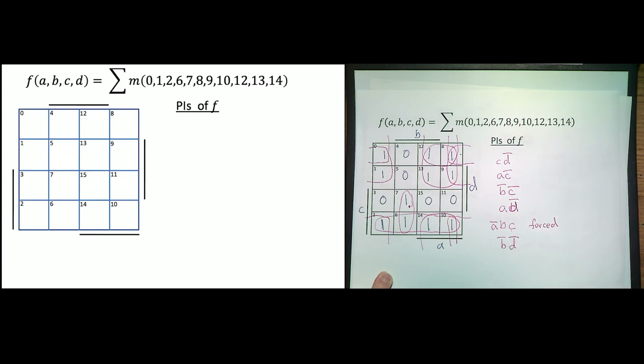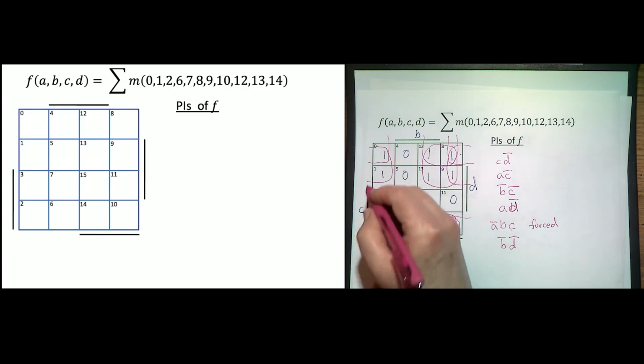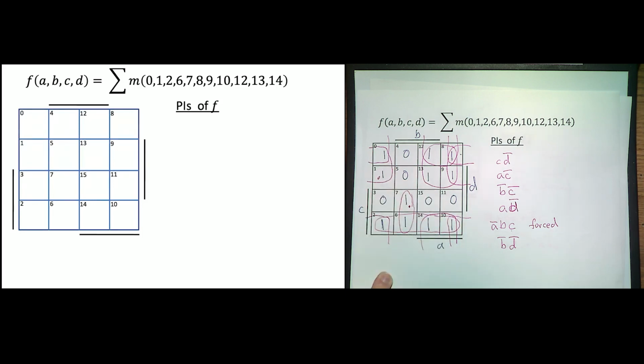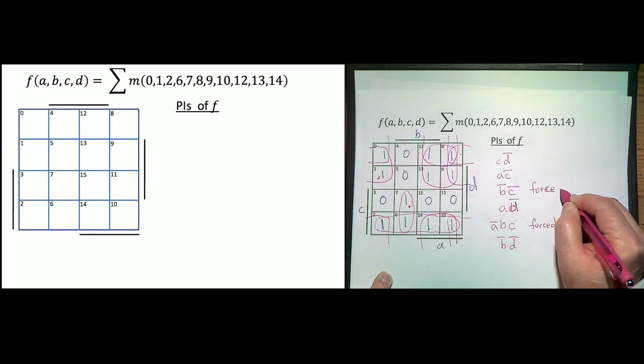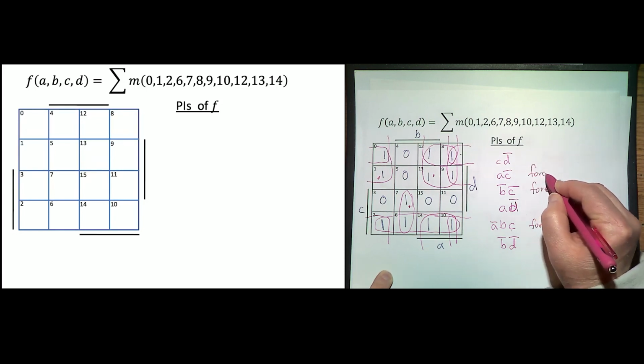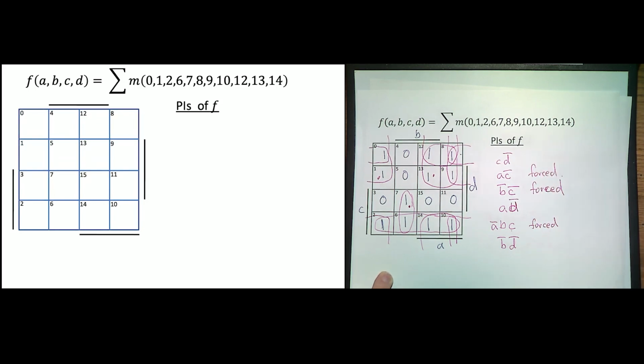Any other cells with only one choice? 1. That is B bar, C bar, so this one's forced. 13 is A, C bar. Those are the only 3 cells that have just one choice.